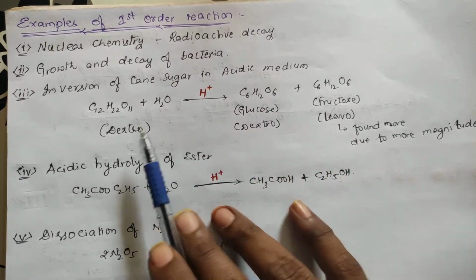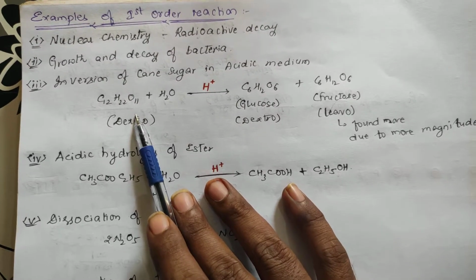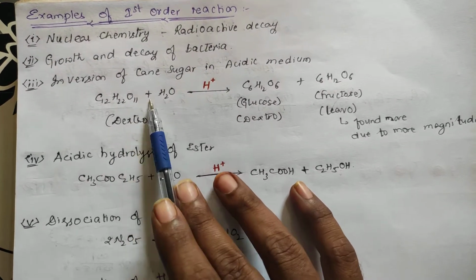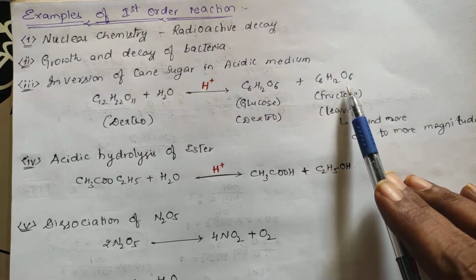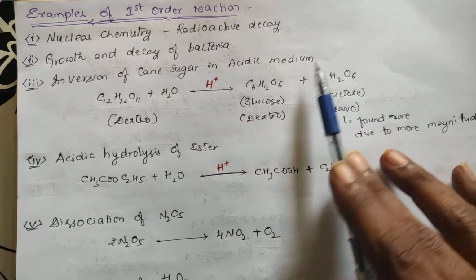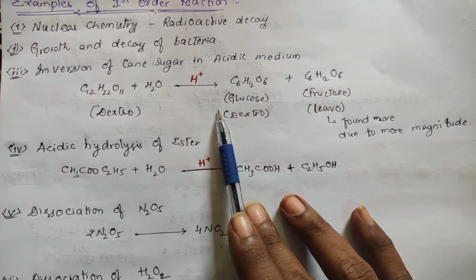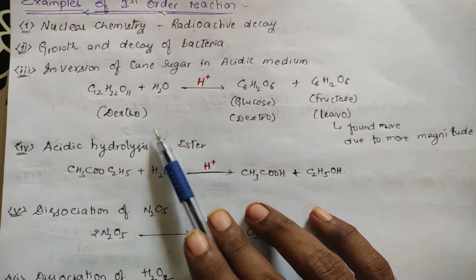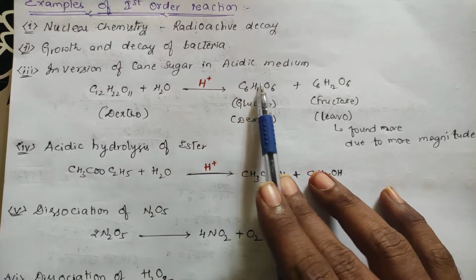Cane sugar means something like C12H22O11, that is sucrose. Okay, generally it is in the dextro form. If you hydrolyse that in the presence of acidic medium, it changes to glucose as well as fructose. Glucose formula is this one, fructose formula is this one. On total, there will be some rotation. I think you have an idea with respect to optical activity of glucose and fructose. So this one is dextrose, the entire compound. On hydrolysis, you will be getting glucose and fructose.